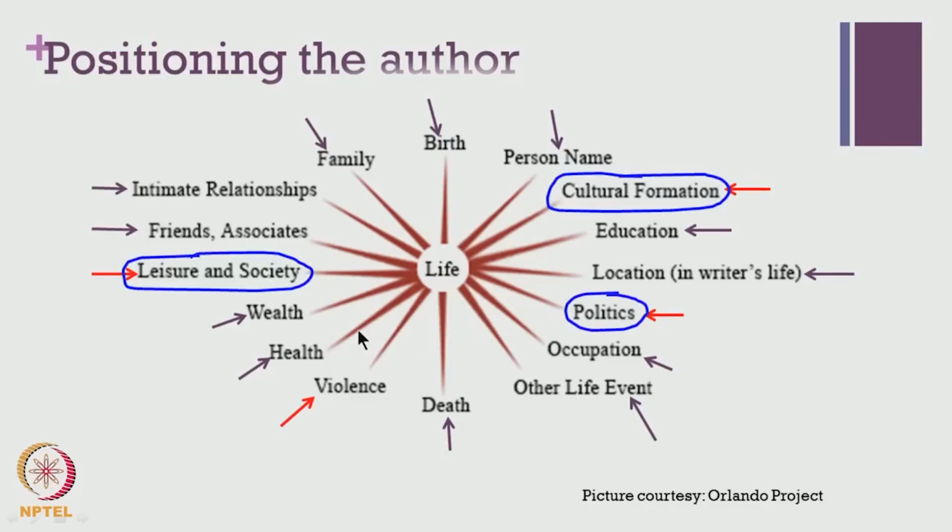So, here we begin to know that some of these aspects could be entirely personal, like the friends and associates one shared, or the family into which one is born, the kind of wealth status that one's family had, so on and so forth. But there are also these things like the cultural formations, the politics of the period, the societal formations, etc., which could perhaps be shared by more than one author. So, this becomes important in assigning subgroups for each author, or even identifying particular forms of writing that emerged in a society in a particular age, so on and so forth. So, this is perhaps one of the ways in which we begin to locate the author within the literary history.